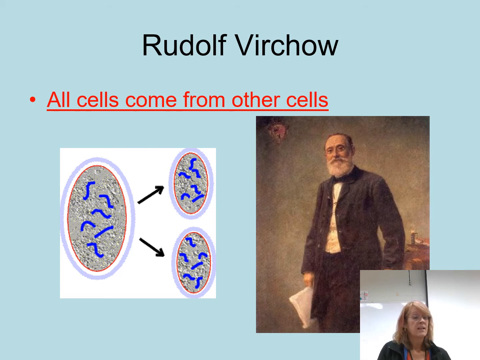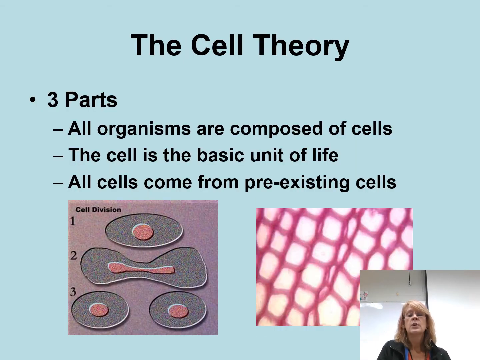However, at the same time, the first question is always, well, where did that first cell come from? Now, evolutionists and creationists both have their own ideas, which we're not going to get into with this video. But Virchow, again, said all cells come from other cells, but we do recognize the fact, okay, well, where did that first cell come from then? When you put all three of these ideas together, we come up with what we call the cell theory. Now, remember, a theory, by definition, is a hypothesis that's been tested over and over and over again, and you always come to about the same conclusion.